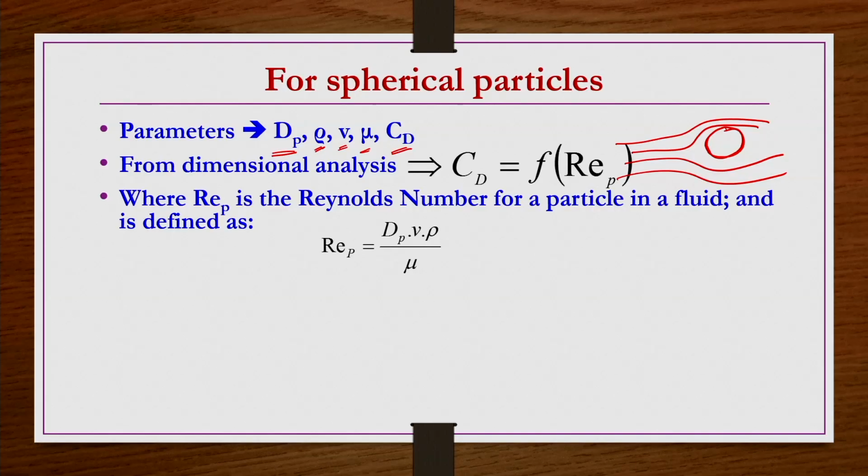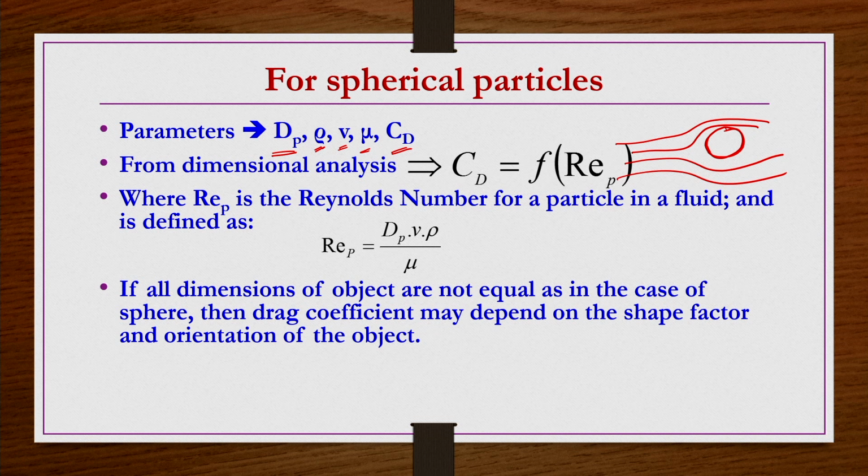If the Reynolds number is very large, of the order of 10 power 3 or 10 power 5, then we can say the inertial forces are more dominating compared to the viscous forces. So, one can avoid the viscous forces and consider only inertial forces for the analysis. That is the rational way of using this Reynolds number. For this object, it is going to be dP V rho by mu.